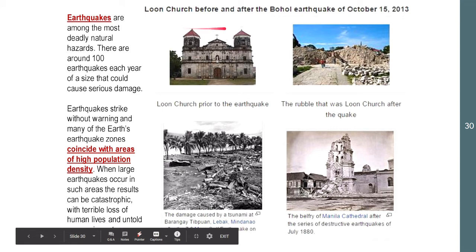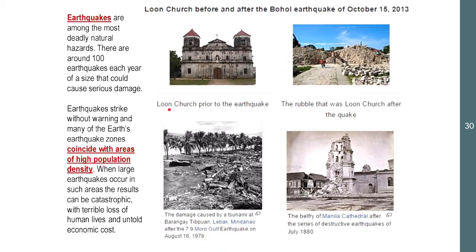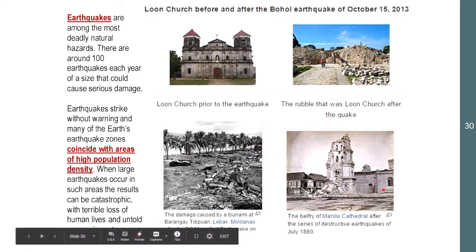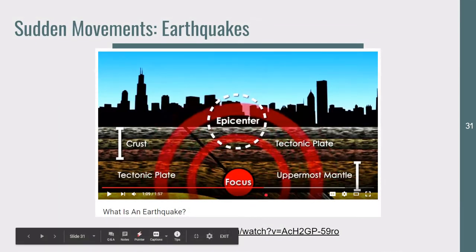So here are some of the notable earthquakes in the Philippines. So this is the before and after the Bohol earthquake of 2013. So this was the Loon Church before the earthquake, and this is how it appeared after the earthquake. So this one is caused by a tsunami in Mindanao, Moro Gulf in 1976, and this is what happened to Manila Cathedral after a destructive earthquake in 1880. So this video will actually explain to you further the different parts of an earthquake, but